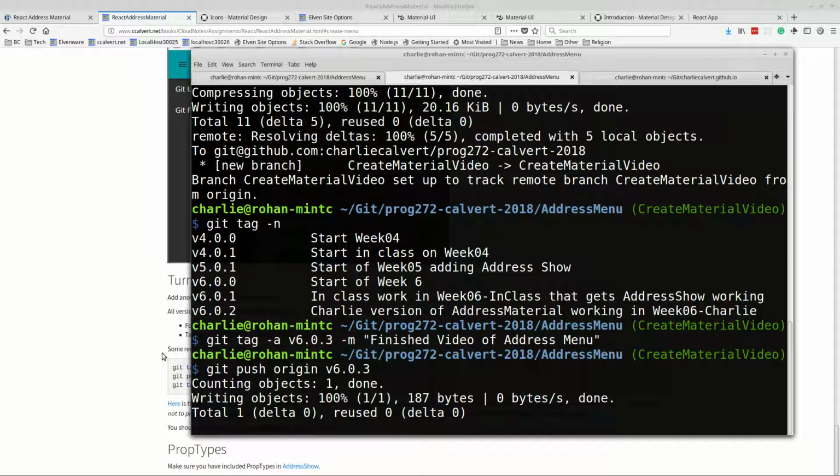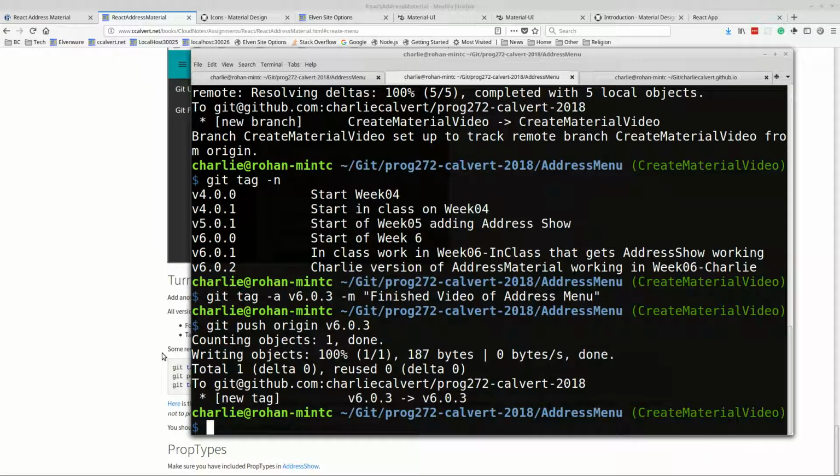The nice thing about tags is it appears to me they're not tied to any branch. So when you start using branches, it's very helpful. I should have then in my comment said finish video of address menu in create material video branch, but